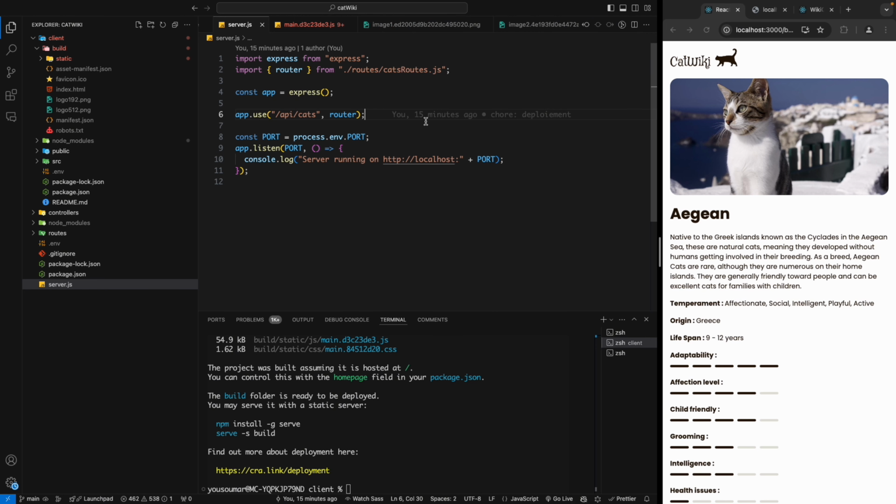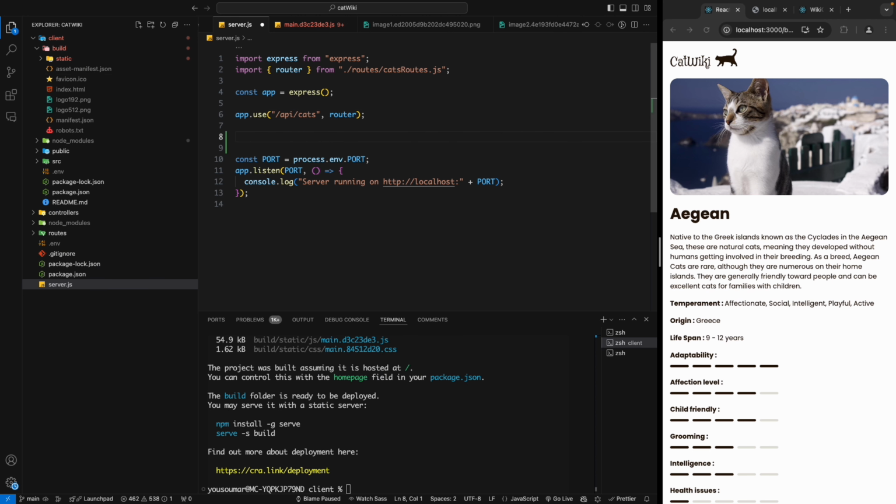In our hosting platform earlier, we did cd client, npm install, and then npm build, and then came back to our server, then npm install, then npm start. So we would have generated a build folder at this point. We just simply need to tell Express.js how to give back this build. So we're going to say that everything that's not this route, I want you to, with request and response,